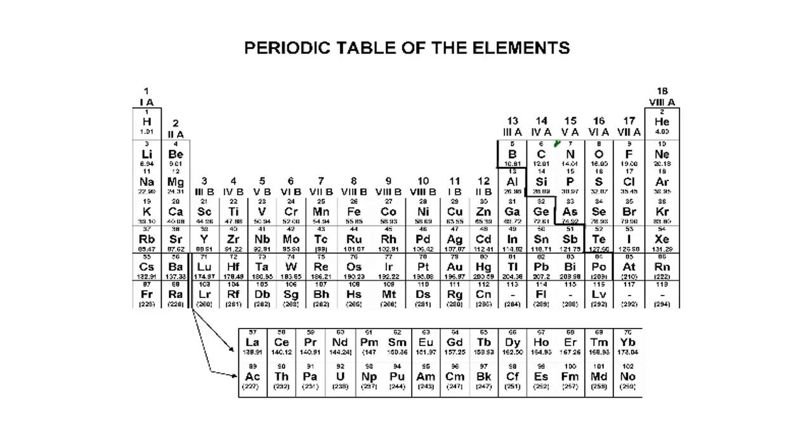Let's take N for instance. Or no, actually, let's take sulfur for instance. Sulfur is right here, and sulfur is in this row, and this row is 6A. So sulfur is going to have 6 electrons surrounding it in its outer shell. So what you do is you write down the element, and then you're going to put 6 dots that represent the valence electrons